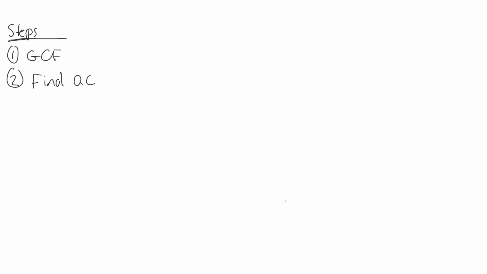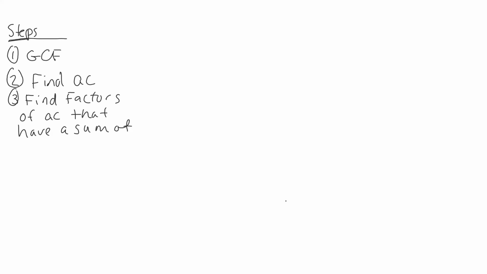Okay, so when you're factoring these quadratic trinomials where a is not 1, always look for a GCF first, then find the product of a times c. And then we want to find factors of AC that have a sum of b. So remember, when you've got a quadratic trinomial, you've got ax squared plus bx plus c. When I talk about a, b, and c, I'm talking about the coefficients of the squared term, the linear term, and then the constant. So once you find AC, you find factors of AC that have a sum of b, and then we want to rewrite